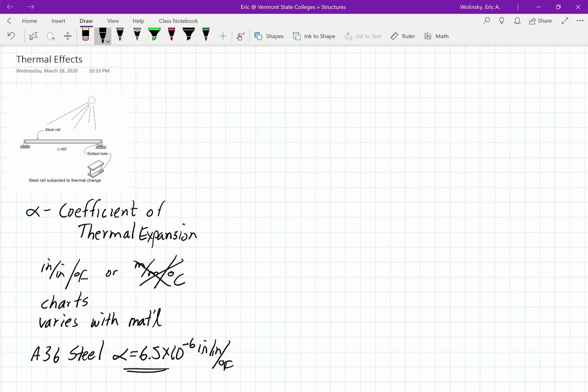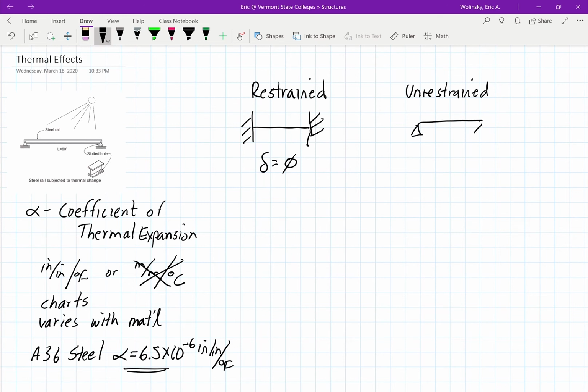Now we look at two different cases here, what we call the restrained case, which is unfree to move. So we draw it like this. A piece of steel is embedded in something, or the material is embedded, so that the change in length is 0. Okay? The other case we have is what's called the unrestrained. And we draw it like this, with this signifying a roller. In this case, the stress is equal to 0. Deflection 0 when you're restrained,